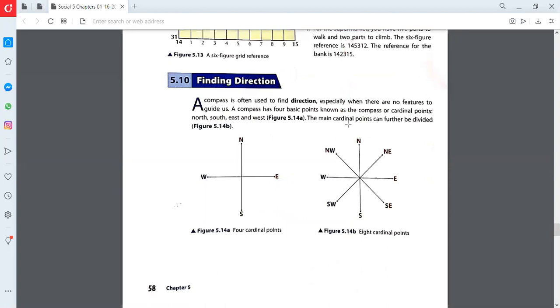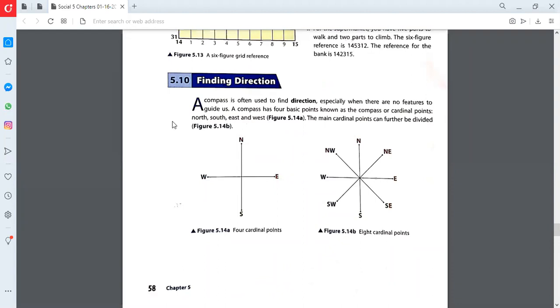Someone asked why the north is up, why it should not be on the left side. If you want to make it on the left side, you can change the direction. If you want to make north on the left, you can make it like this: south, and then you can go like this. In this way the whole map's directions are changed. But this one is also good: the north, east, west, and south.